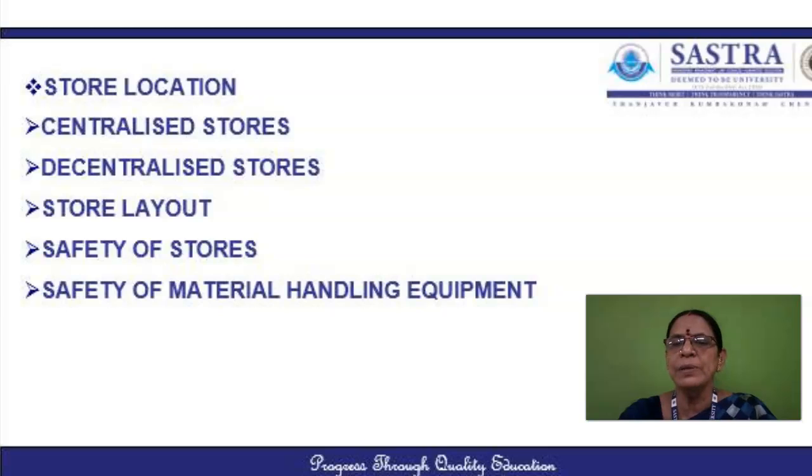The worst to happen is a fire accident where the entire premises will be completely gutted. It is therefore necessary that all the precautions should be made to avoid the accidents. Now we shall see what are all the major causes for the accidents and how to avoid these accidents. The first main cause is materials falling from the racks. Sometimes the materials may fall from the racks if they are not properly placed.